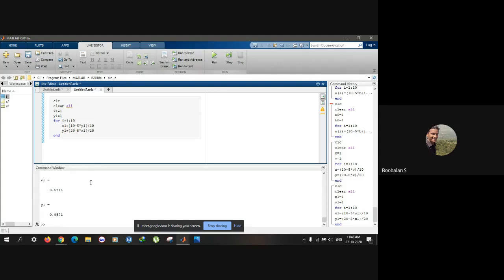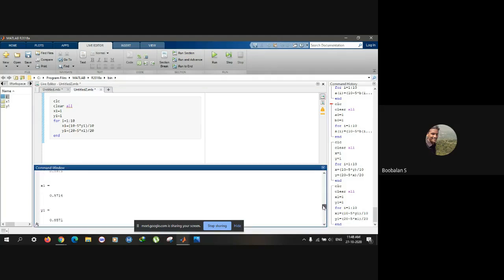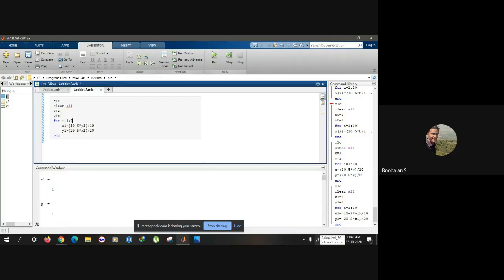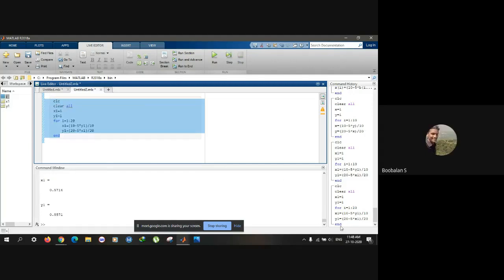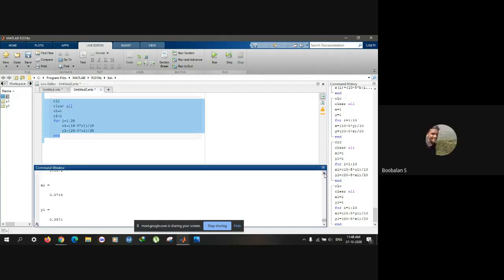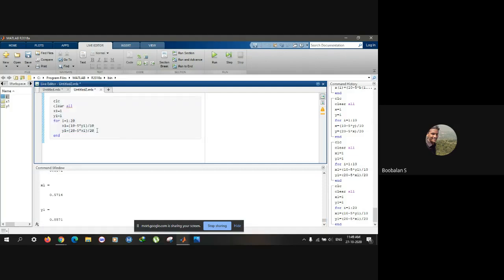Thank you, Arundhati. We'll see. Small mistake though, but understood, okay. Now it's correct actually. Now just increase your iteration count, keep it at 20. Go to a count of 20. Yeah. Definitely it will converge. Yeah, it's now converging. Now just display x1 y1 before the end statement, in the form of an array. Display x1 y1. x1 y1.